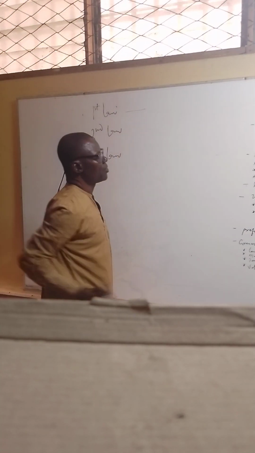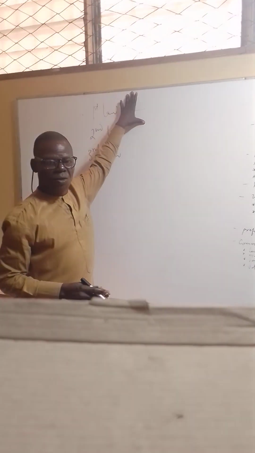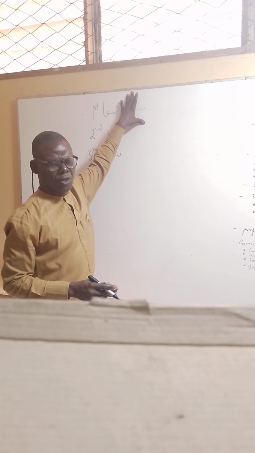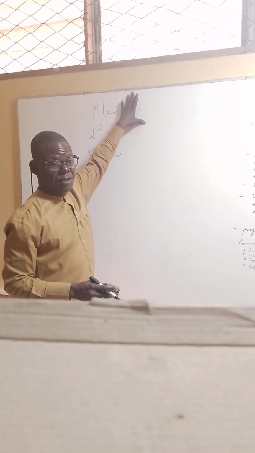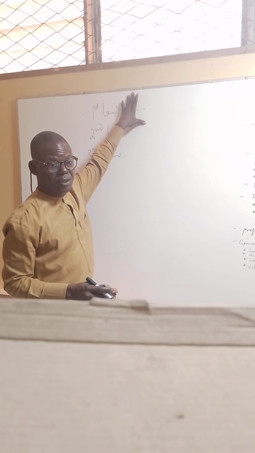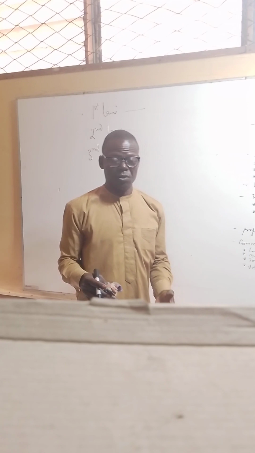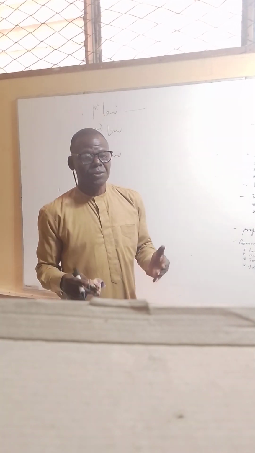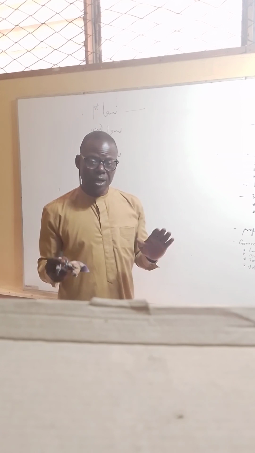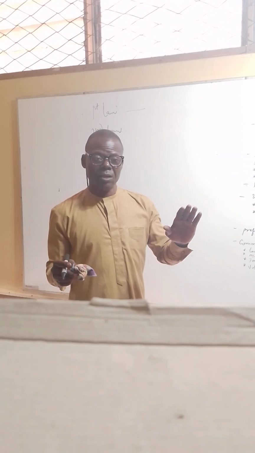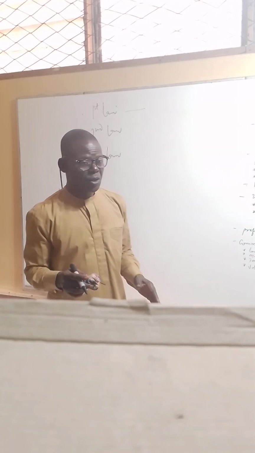In the first law, Newton's first law of motion, it is simply the law of inertia. And what is inertia? Inertia is simply the reluctance of a body to move when it is already at rest, or its reluctance to stop moving when it is already in motion. So, the reluctance.